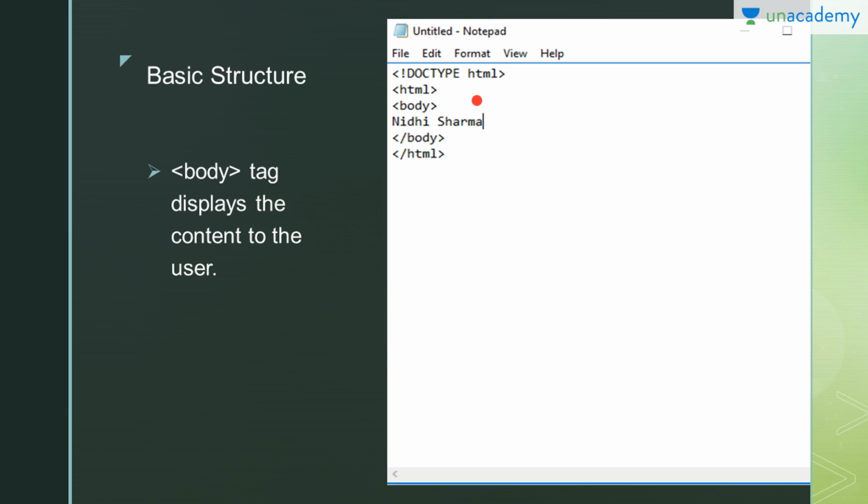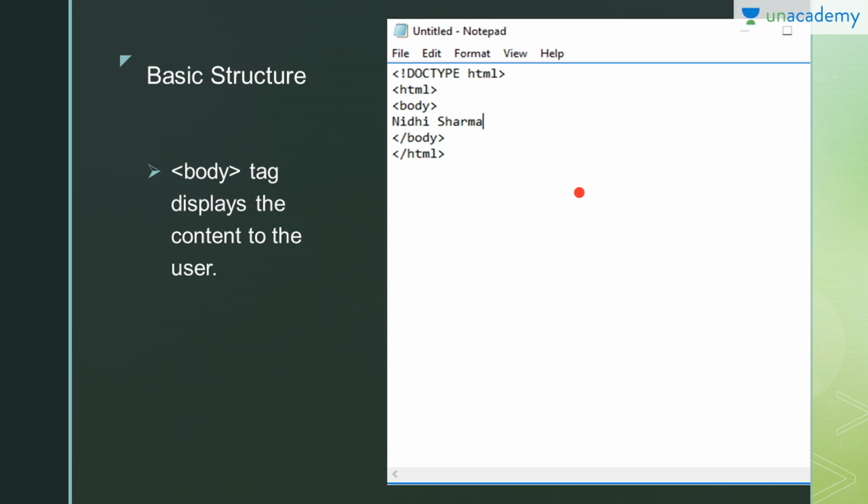Now this HTML and this HTML closing tag, these two tags are basically known as entry and exit points of any HTML code or program you're going to write. In the body tag, whatever you are writing in the body tag, it will be printed as it is on the screen, okay. Anything you write in the body tag is visible to the user.